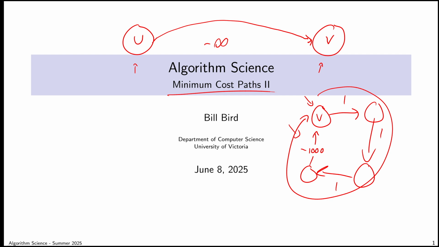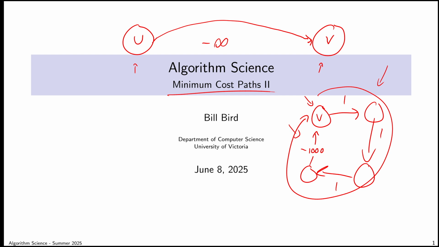It's a case where it's maybe a little bit too feasible to travel from vertex u to vertex v. And for the time being, we have argued that if a negative cost cycle exists in a graph, maybe the whole graph is a write-off. Sure, there could be solutions to the minimum cost path problem for isolated vertices within that graph, but nobody's going to blame you if they hand you a graph that has a negative cost cycle and you can't solve the problem. So our two special cases were infeasibility, the case where travel from u to v costs an infinite number of dollars because you can't do it, or unboundedness, where the minimum cost of travel from vertex u to vertex v is negative infinity because you can earn an arbitrary profit.